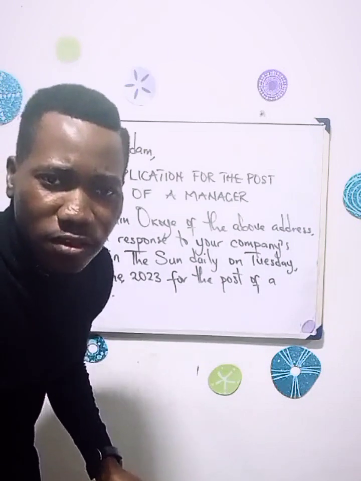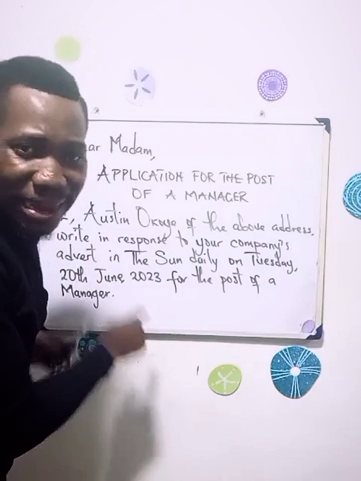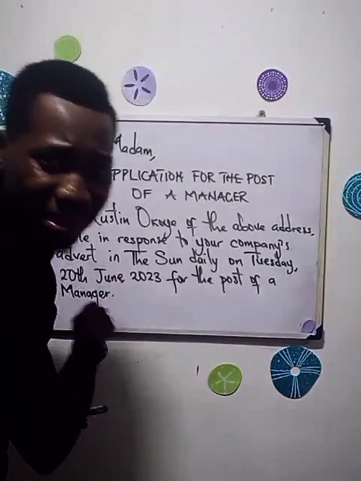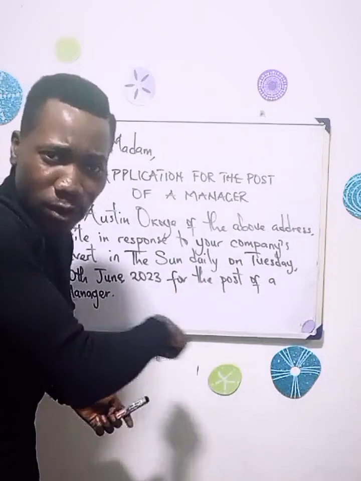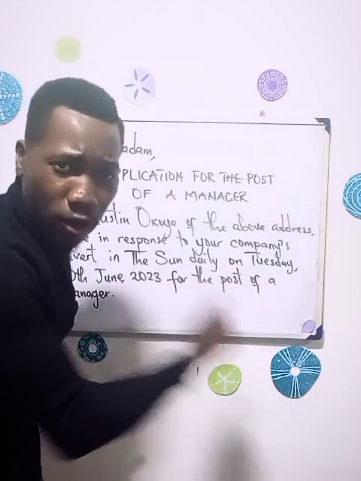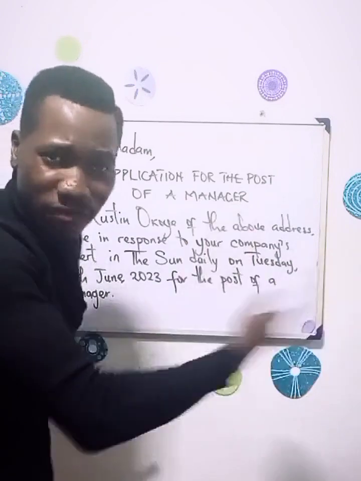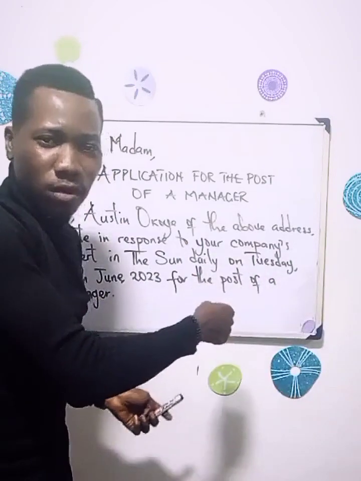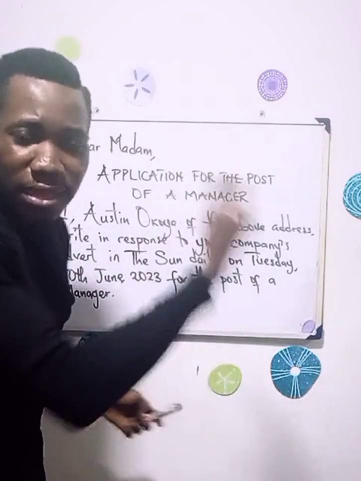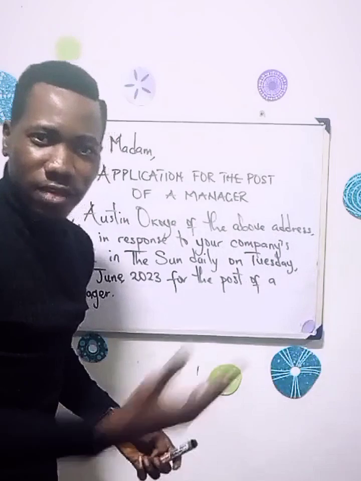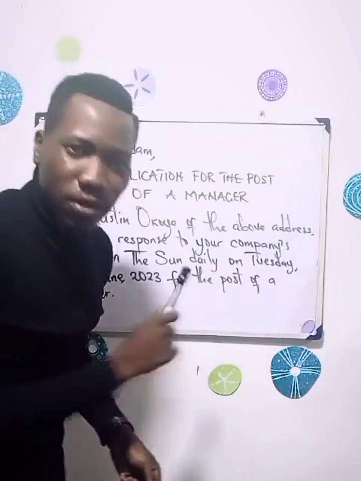What if you have your CV? Okay, you want to include that in the letter. You want to include it in the body. Attached, maybe you say attached here in the envelope are copies of my CV or credentials, and whatever it is that they asked you to submit, you want to include that in your cover letter, and then you submit that along with the other credentials and other things you're submitting. So now that is how to write a formal letter.